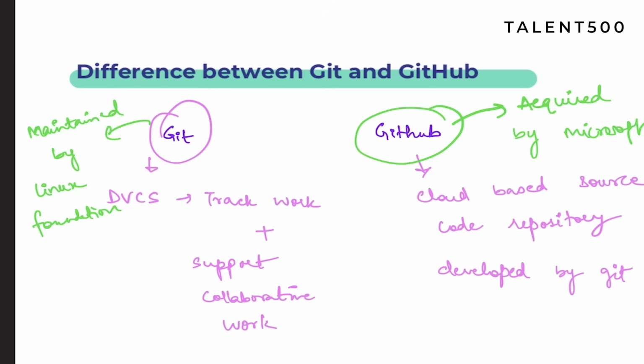So when you talk about GitHub, right, this is going to be providing you a variety of services. Like, with the help of GitHub, you can go ahead and create forks. You can also go ahead and do your user management. And you can do all of these things along with providing a central repository, which can be used by our team so that they can have the option of collaboration. They can go ahead and do some collaborative work. So basically, this is going to be the difference between Git and GitHub.